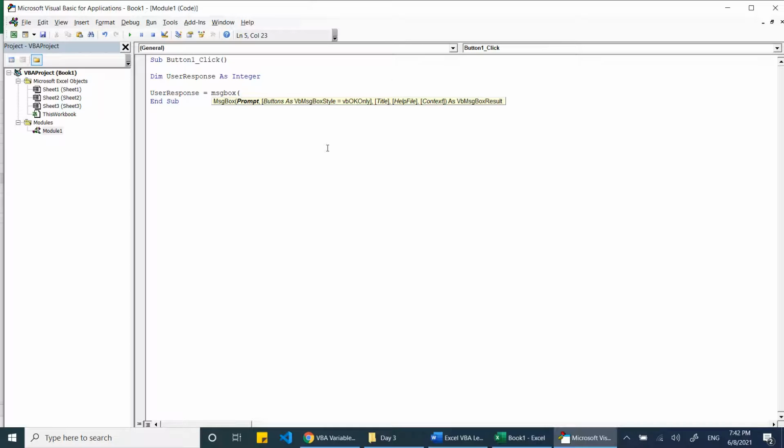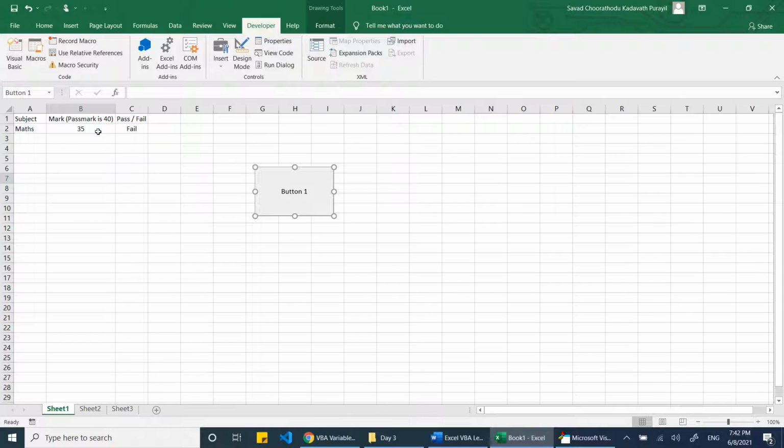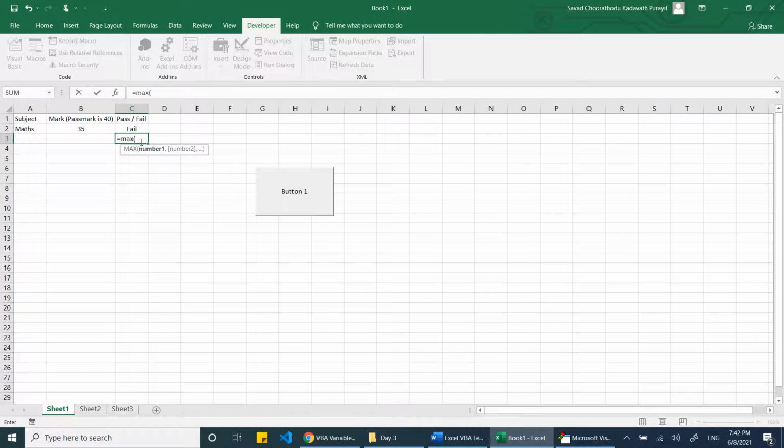Why? Because in Excel or in VBA, everything is within brackets. As you can see, after the if condition there is a bracket and a bracket closing. Even if you write equal to max, again we are storing within the bracket.